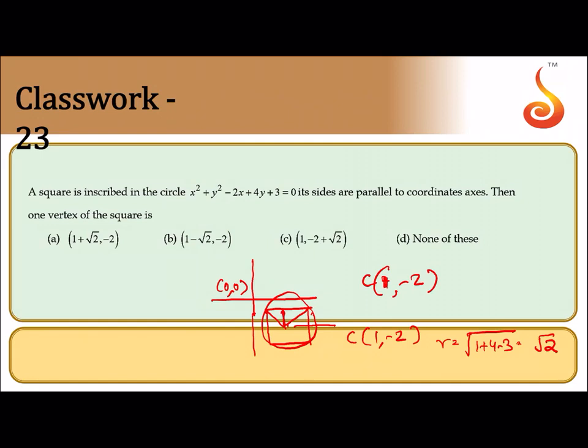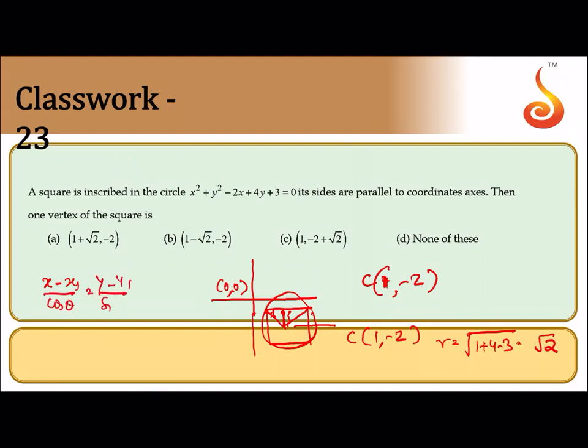Then we have studied in junior classes, if we drop a perpendicular, that bisects the chord. When we drop a perpendicular, you know the center and this distance can be already calculated. So if we calculate, this angle is equal to 45 degrees, and this distance will become how much? Radius is equal to root 2 given. This is root 2. So we use the symmetric formula to get this type of results.